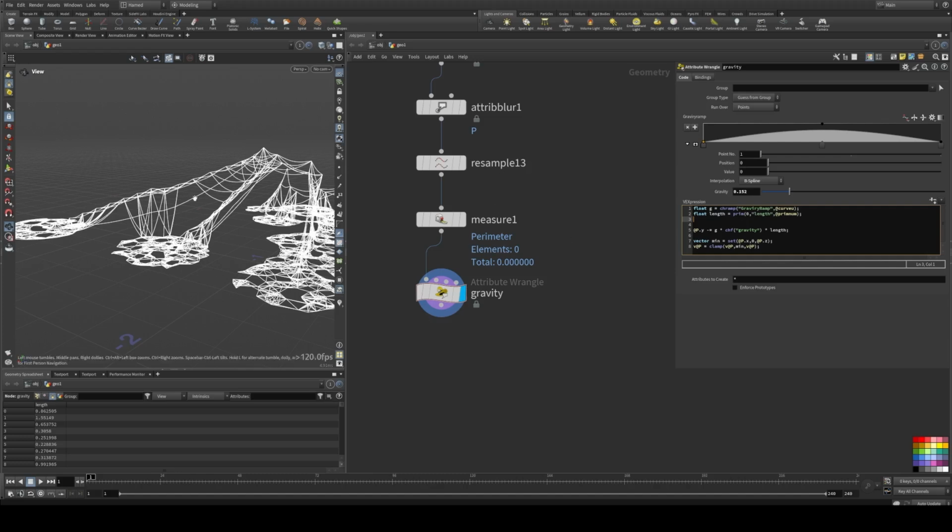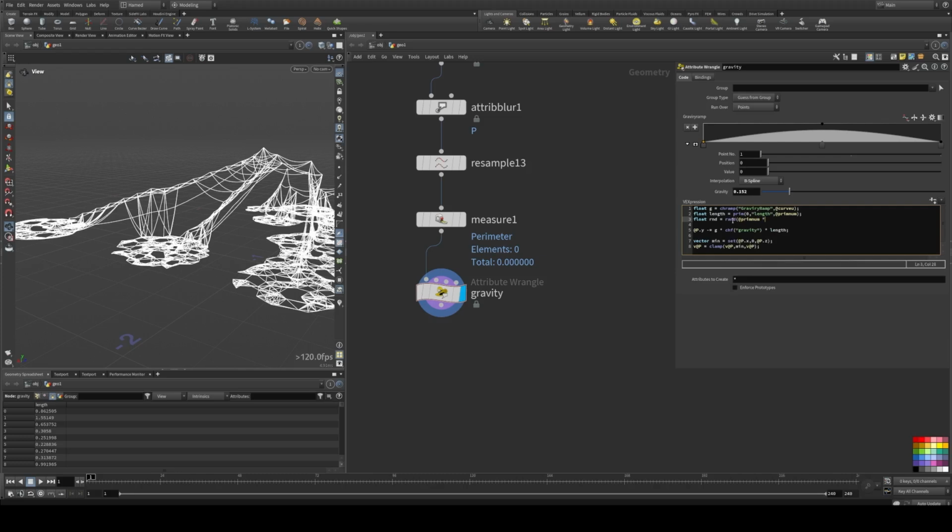I want each primitive to be affected a little bit more randomly. So we are going to do float rnd equals rand based on at prim num, based on the primitive number, their primitive number, and